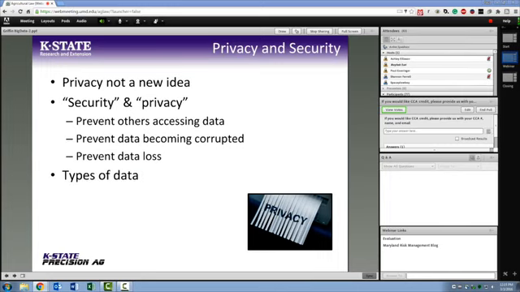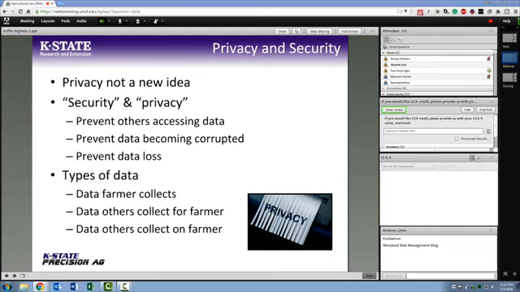I won't say a whole lot about the types of data other than I wanted to set this up for Ashley Ellickson and Shannon Farrell to talk about in the next webinar. But there are different types of data that we collect for the farmer. You can think of service providers collecting soil samples. And the third one is data others collect on the farmer. And I won't steal his thunder, but